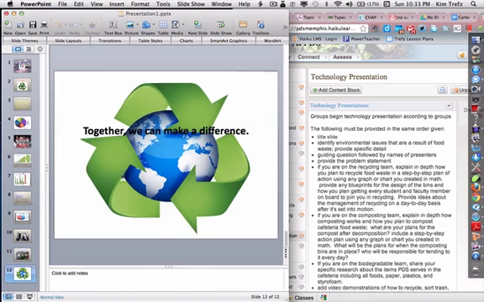And then I'm loving this. This is really great. Together we can make a difference. I really like this earth, the recycling symbols around the earth, and then what you're saying here. This is great, fantastic. I'm very pleased with the work that you've put in. It's apparent that you've spent a lot of time and done a lot of research. We just need to work on the organization of it and adding some more specific detail as we move forward. Good job.